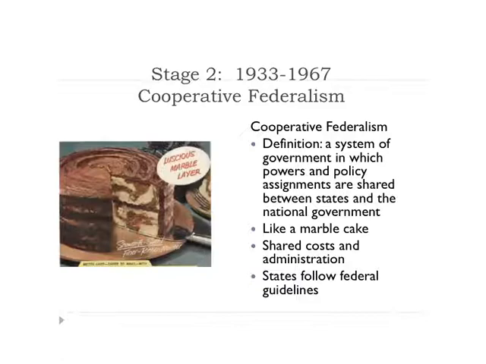This is a system in which powers and policy assignments are shared more. You'll see an expansion of the powers of the federal government. Programs will begin to have shared costs and shared implementation and administration of those programs. This will lead to a scenario where the federal government creates programs, it shares resources and money and personnel, etc., with the states, but at the same time, the federal government will make regulations about how those programs are supposed to be enacted and how that money is supposed to be spent.